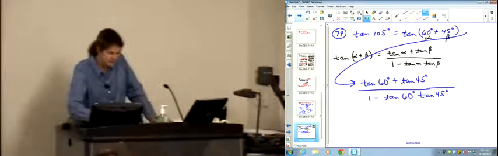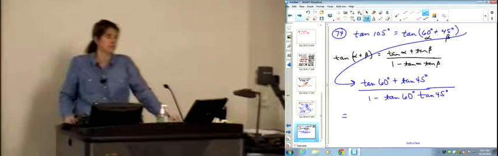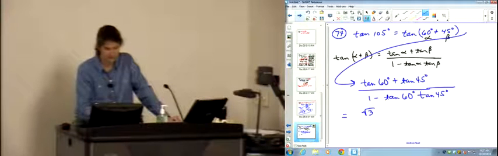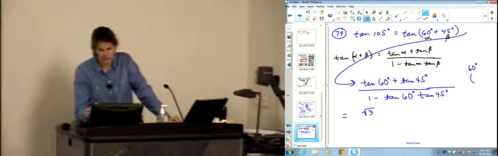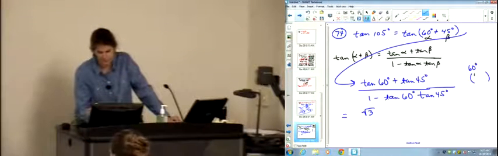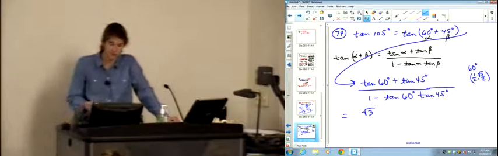So what's the tangent at 60 degrees? Just square root of 3, right? Yeah, just a reminder over here if you're forgetting, at 60 degrees, the coordinates were what? 1/2, square root of 3 over 2. So the tangent is square root of 3, right? Square root of 3 over 2 over